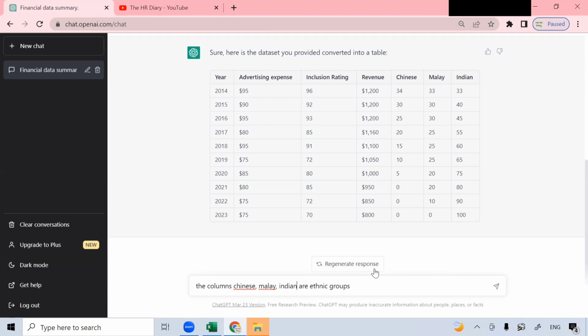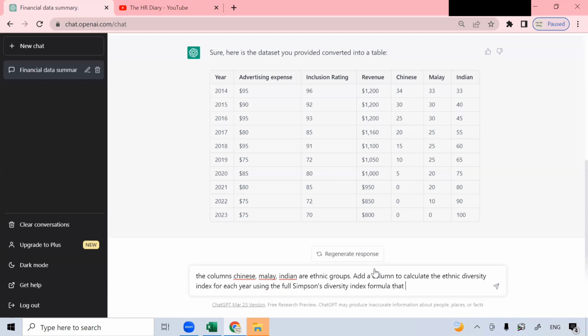The columns Chinese, Malay, Indian are ethnic groups. Add a column to calculate the ethnic diversity index for each year using the full Simpson diversity index